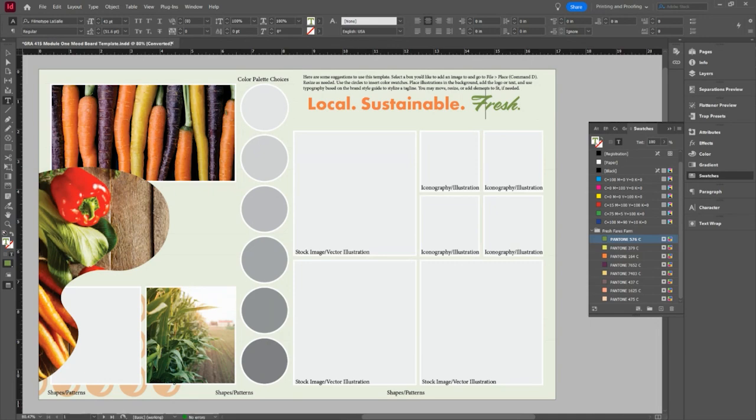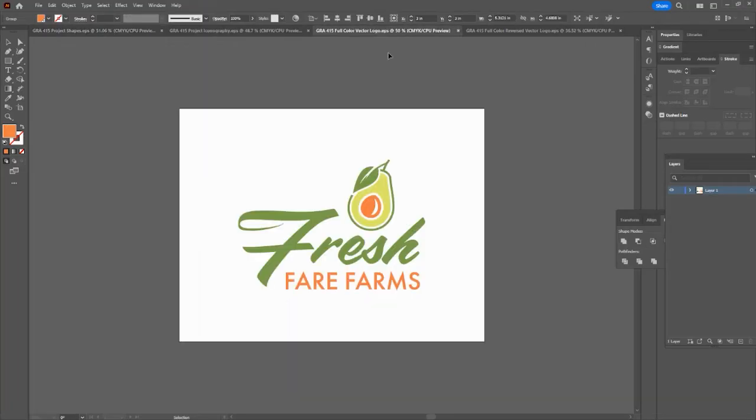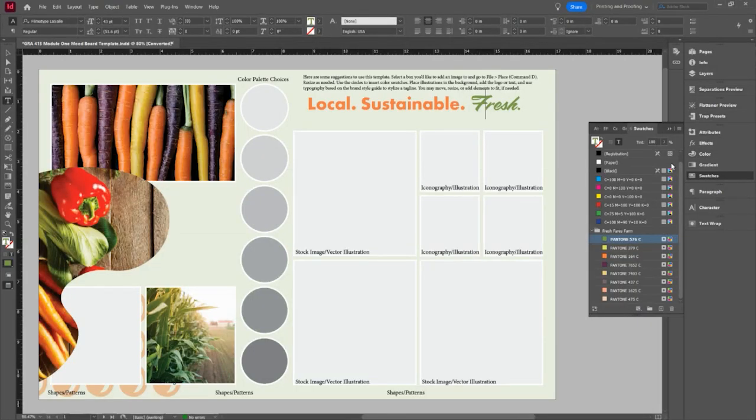Of course, you want to be able to pull the logo in here as well. And you can just grab this. One thing I'd recommend you do when you open the logo, this one doesn't look like it's grouped. I would just highlight everything here and just do a Control-G. That way nothing gets shifted around. Copy